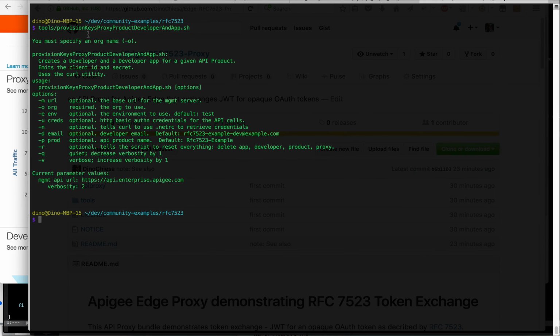But this is the script, and if you just run it bare, it'll give you a usage. But basically, you need to provide the org name. In my case, that's this one. An environment name, we'll use test, and then you need to authenticate. Provide some authentication for curl. And what this thing is going to do is use the Apigee Edge Administrative API to provision various things, including an API proxy, an API product, a developer, and an app that will help demonstrate this